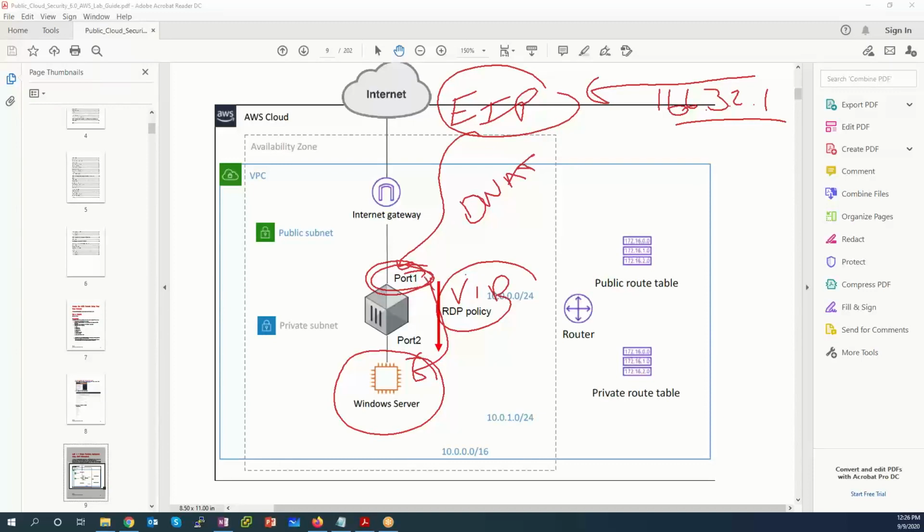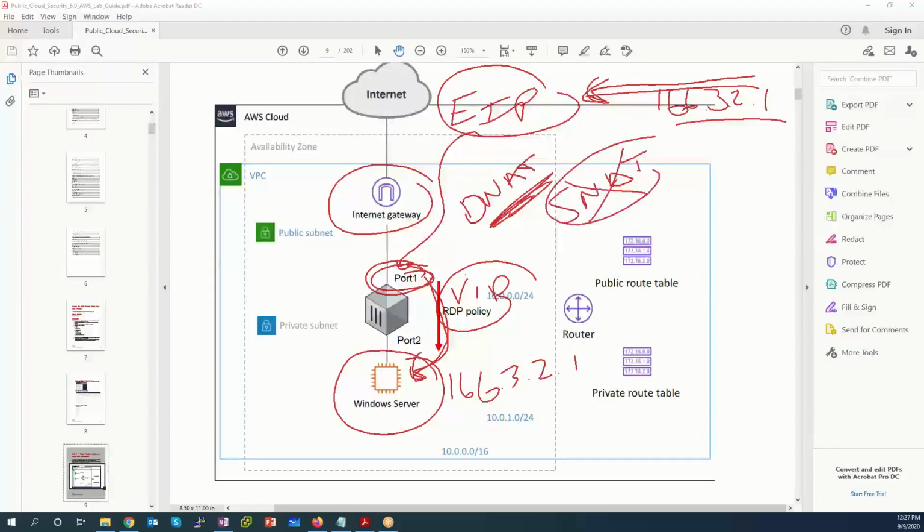166.3.2.1. When this arrived, because I did not have source natting turned on, the source that the Windows server saw was 166.3.2.1. When this destination NAT happened, as I was hitting that elastic IP, that destination natting done by the Internet Gateway does not do a source NAT. So there was no snatting happening here that was changing the source away from the original 166.3.2.1. So when it got to the FortiGate, the original source IP that the FortiGate was seeing was 166.3.2.1. It was not translating it, it was sending it on because of firewall policy, which means that's what the Windows